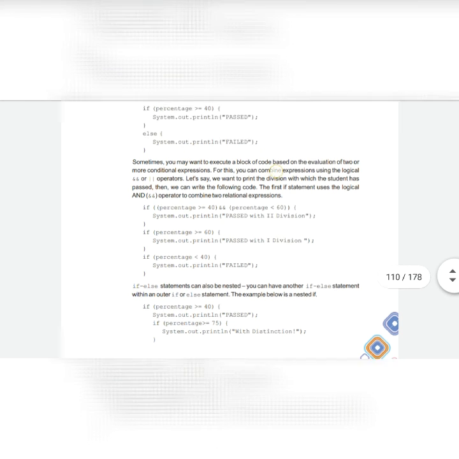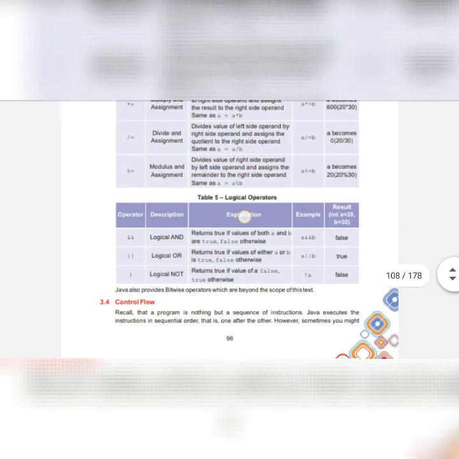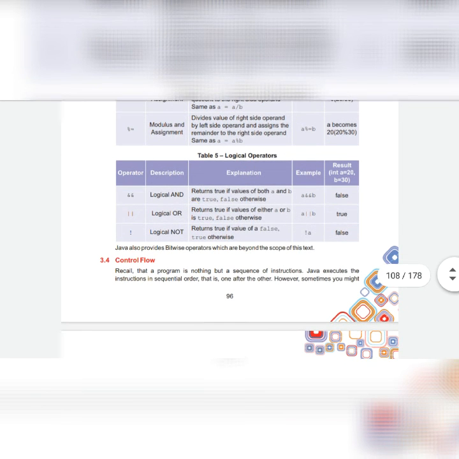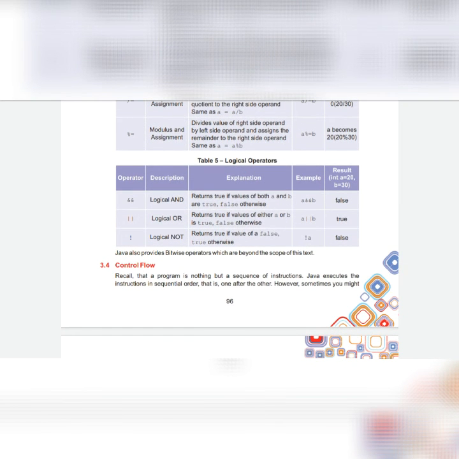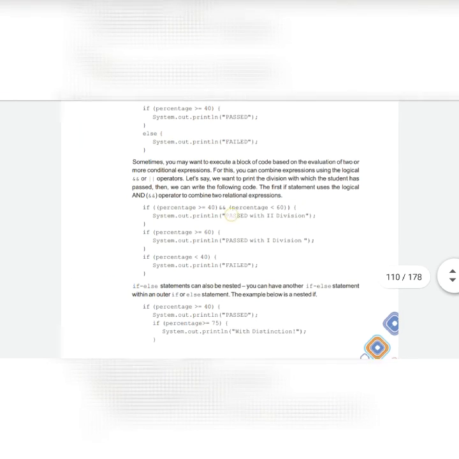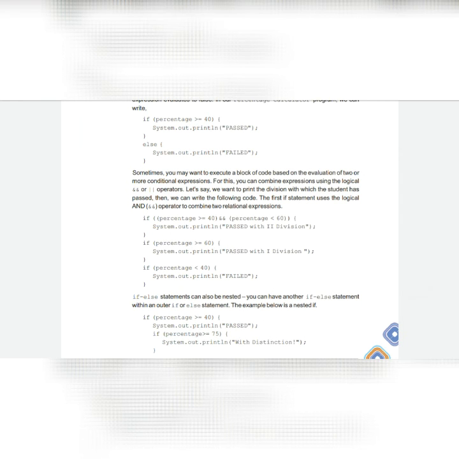In the and logical operator there are two conditions. Okay, and what is in it, and returns true if the values of both A and B are true, false otherwise. It means that to execute this statement, the first condition and second condition both should be true, otherwise control will go to the next statement.